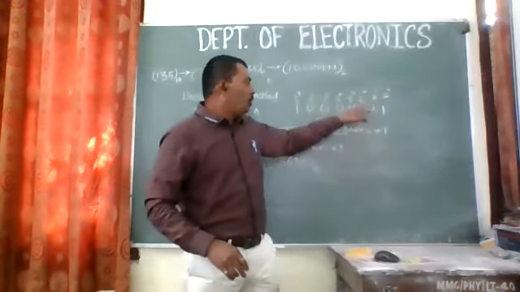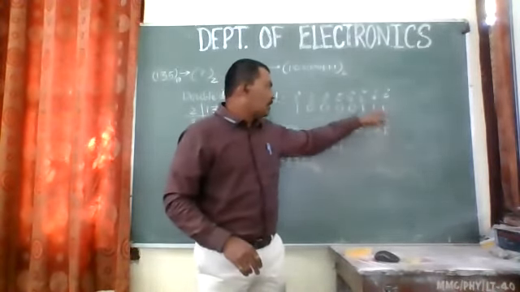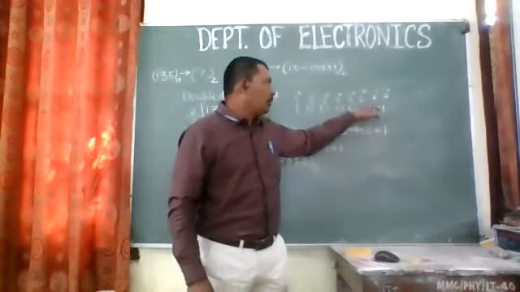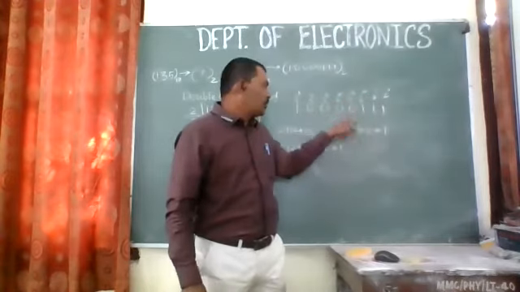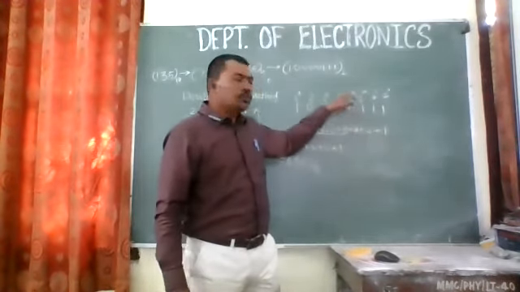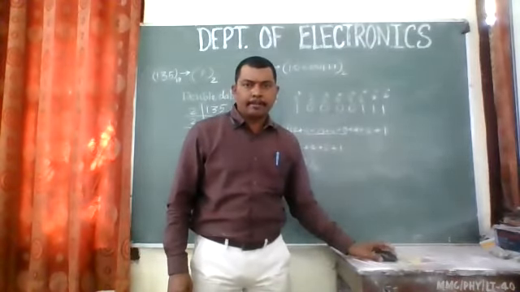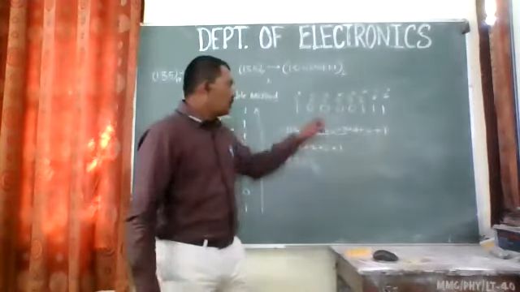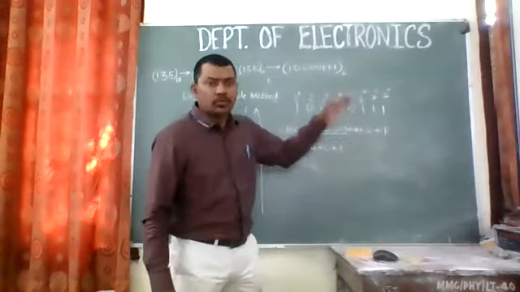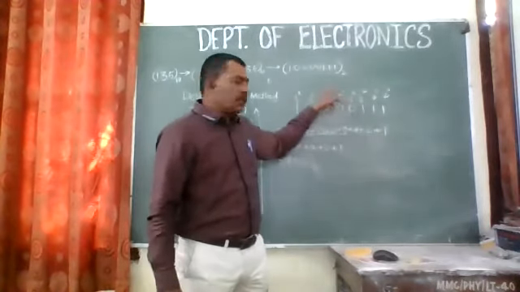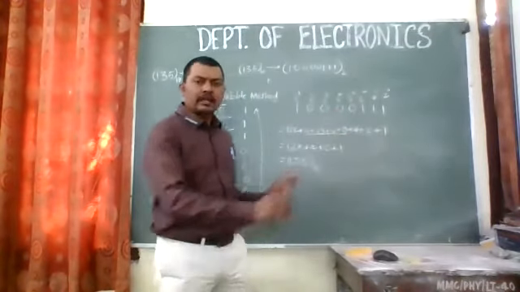2 raised to power 0 is 1, so I have written 1. Where there is a 1, we write the value. Here also there is a 1, so 2 raised to power 1 is 2. Here also there is a 1, 2 raised to power 2 is 4. Here it is 0, and 2 raised to power 3 is 8, so 8 into 0 is 0. Then we need to add. 2 raised to power 4 is 16, and 16 into 0 is 0. So I'm putting 0 directly over there.